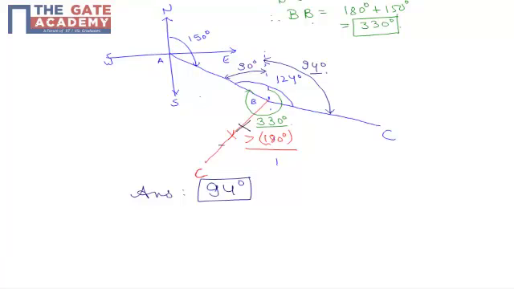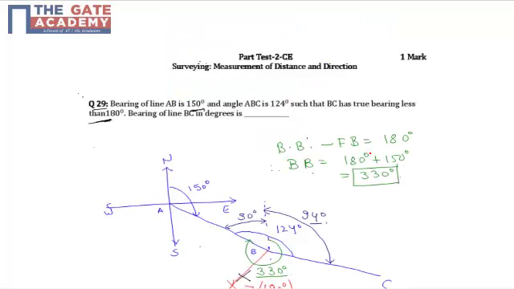Now we know that the difference of back bearing and fore bearing is 180 degrees. Fore bearing is given as 150 degrees. Hence the back bearing of line AB, or the fore bearing of line BA, one and the same thing, that is, the back bearing of AB is the same as the fore bearing of BA, will be 180 degrees plus 150 degrees, such that the difference of back bearing and fore bearing is 180 degrees, making it 330 degrees, which is shown by the green line.